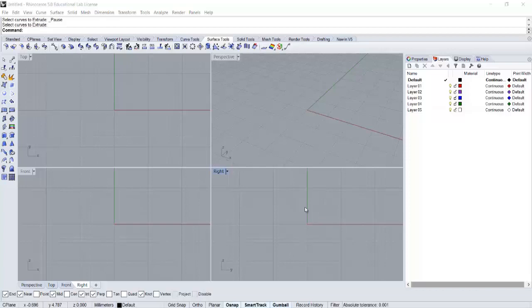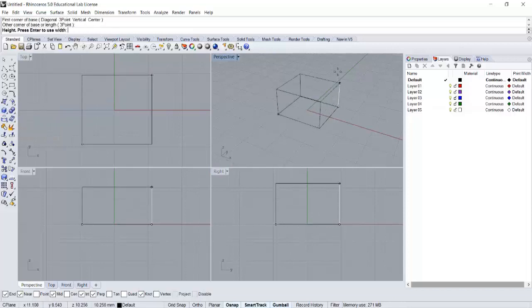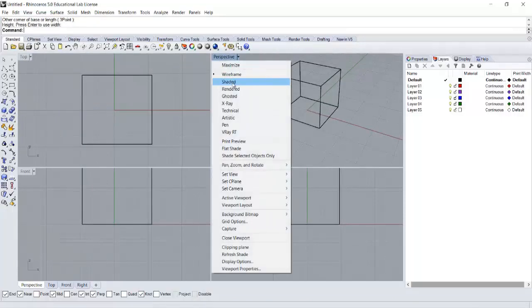Hello, welcome to this Rhino tutorial, and we're going to look at surface modeling in this video. So, what's a surface? I guess let's start with something a bit more familiar. If you've been working through, we can go to the standard bar here and we've got these primitives, and we've used one of these already. It's a box. If I show it shaded,